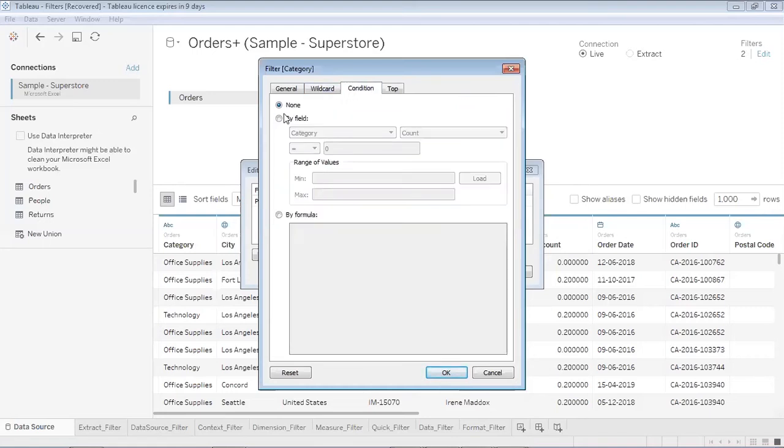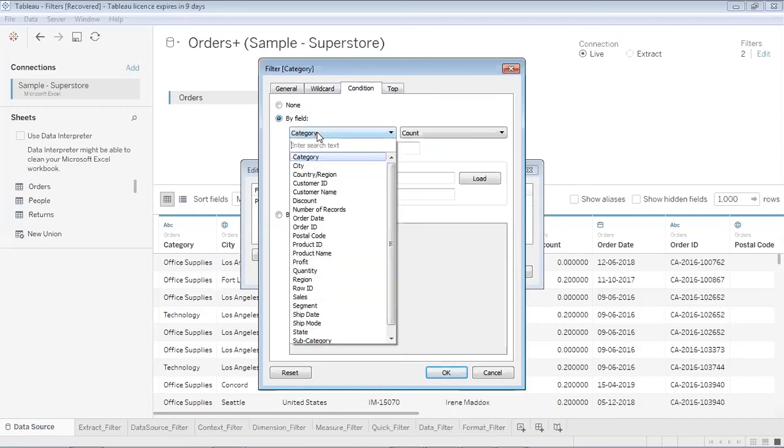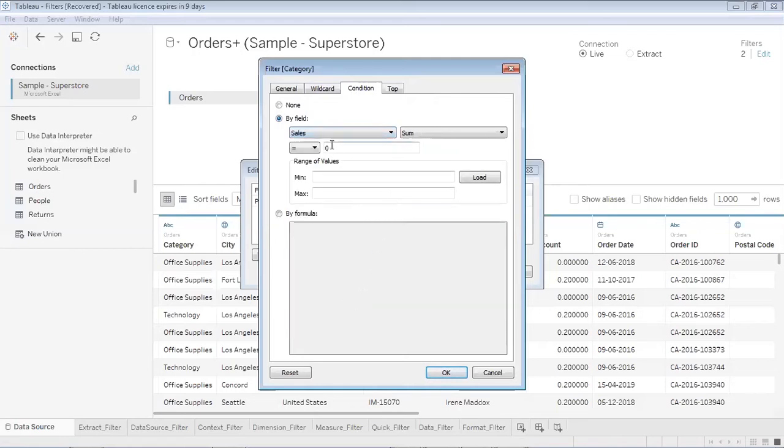Then comes the condition. If I would like to view the data based on some condition, one was profit, which we had mentioned. I would like to see positive profit. And apart from positive profit, I would like to see where the sales is greater than a number, say 10,000. Now all the records where the sum of sales is greater than 10,000, only they will appear in my data set.